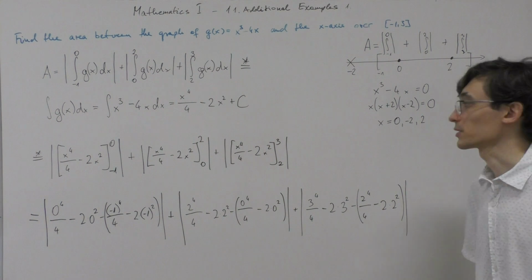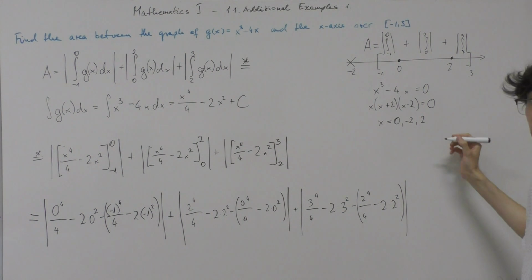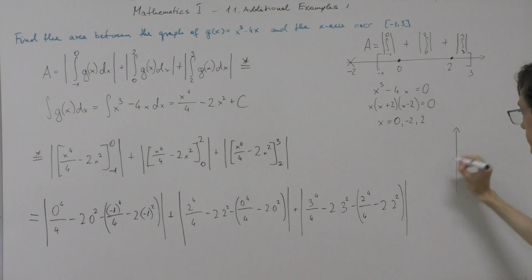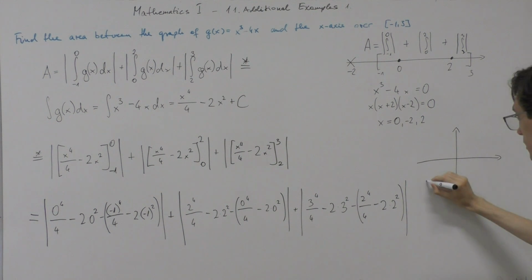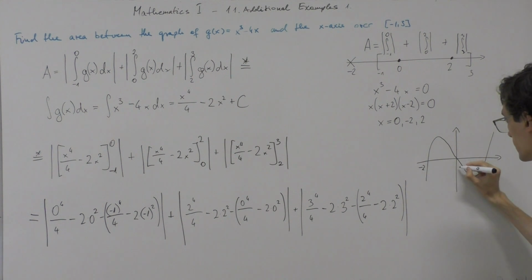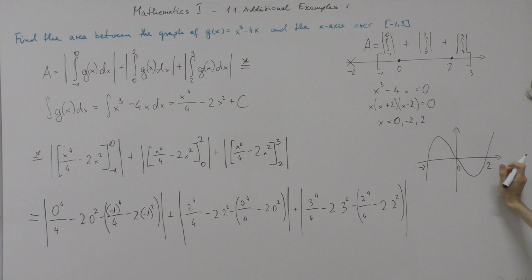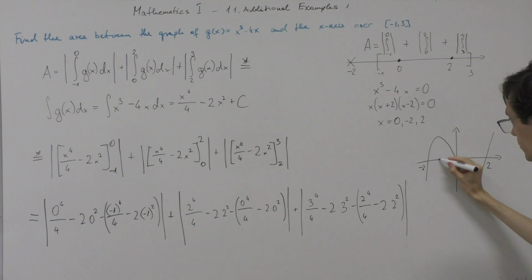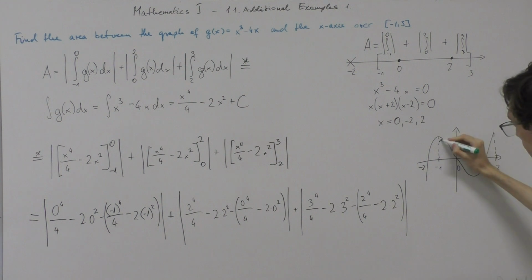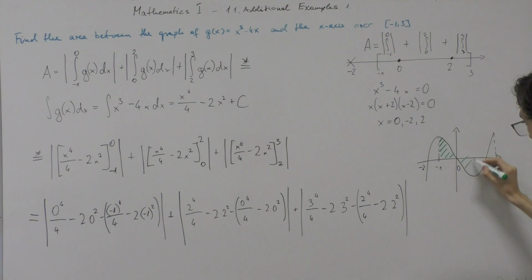And one other interesting thing is that we can look at the function's graph to find out what we actually did. So the function would look something like this, with negative 2 being here, 0 being here, and 2 being here. And of course our interval goes from negative 1 to 3. So the area that we just calculated would look something like this green